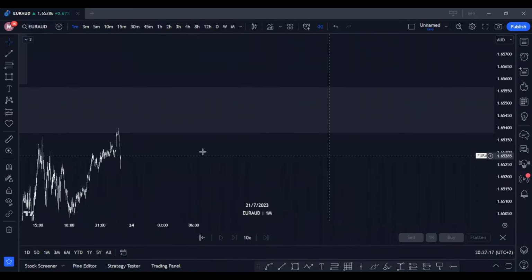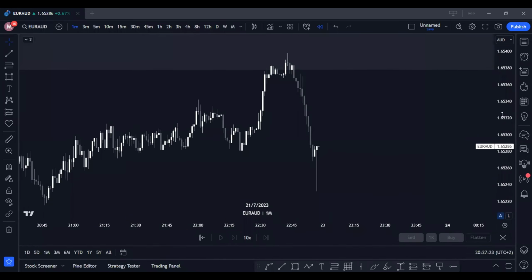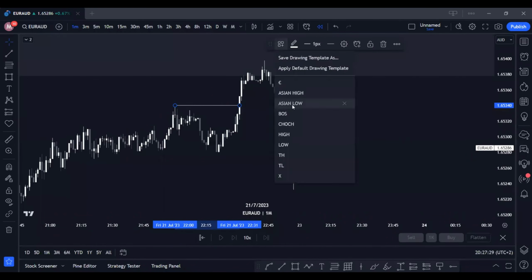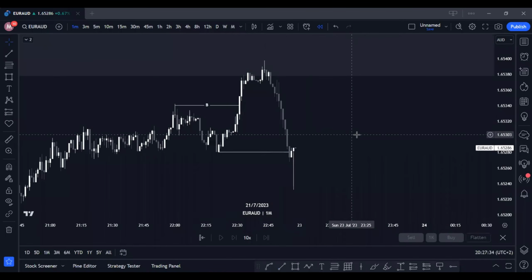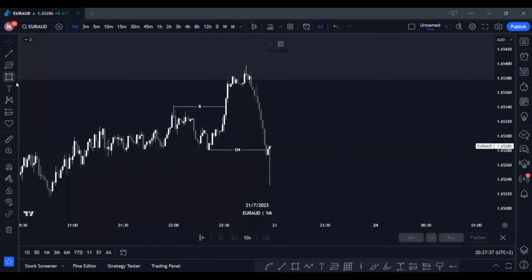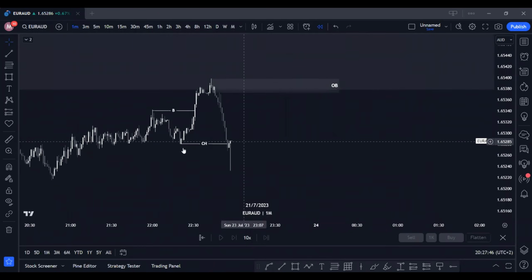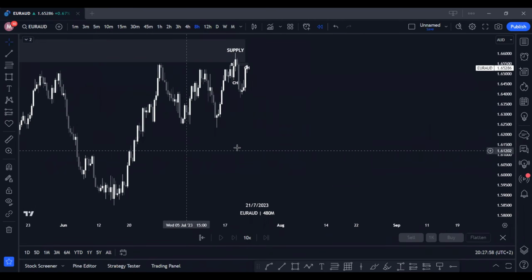This here is our golden zone entry. Let me just find it. Okay, this here is our golden zone entry, and what you look for is more confirmation entries. So this is going to be your break of structure and your change of character, and you're going to be looking to take your entries somewhere at this zone, maybe your order block or this high here, your order block here, and you're going to take your selling entries here and push price to the downside. Okay, so immediately when you take your entries from the order block there, your first take profit is going to be